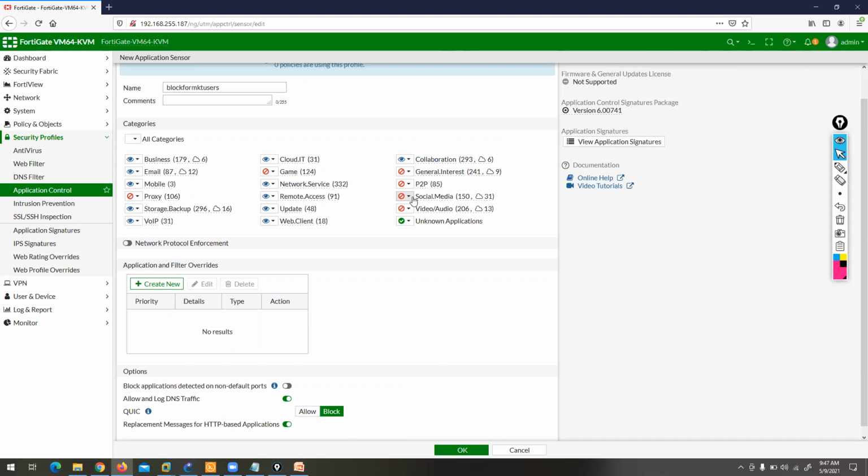But if we want to allow any specific social media application, for example for marketing users, I want to allow only Facebook. They can access Facebook, but the rest of the social media applications I want to block. So with this option, all social media applications will be blocked. But with this option, it's application and filter override.